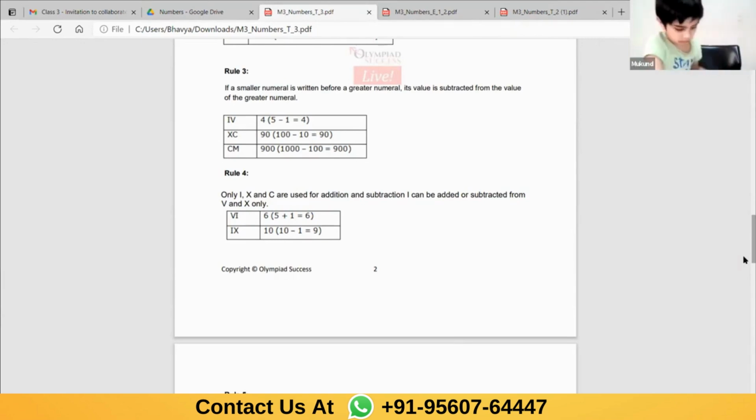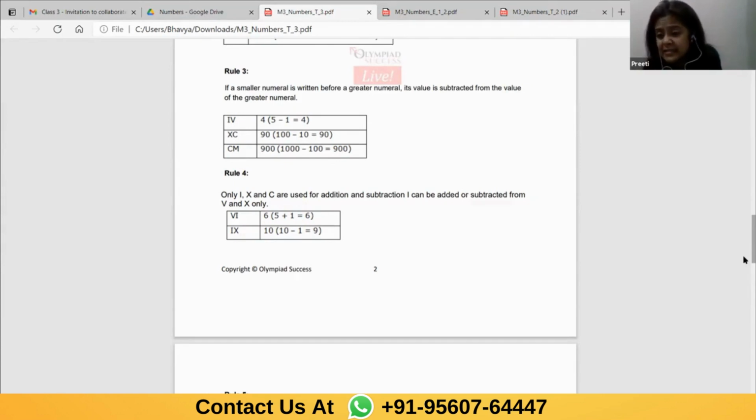Okay, there is a limitation. You can add or subtract I only from V and X. Which are letters? Which are symbols? Ma'am, I didn't understand what you said. That's why I unmuted. Okay, I am saying, Mukund, that you can use symbol I straight away only with V